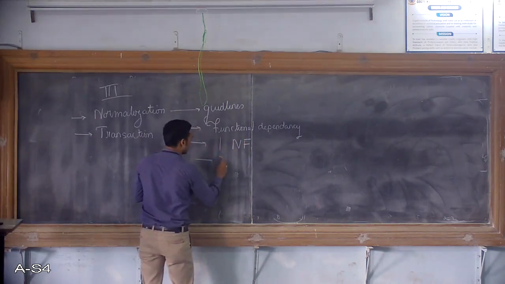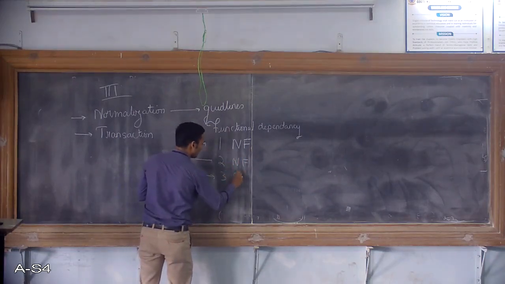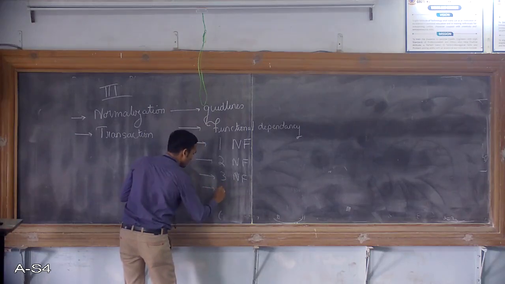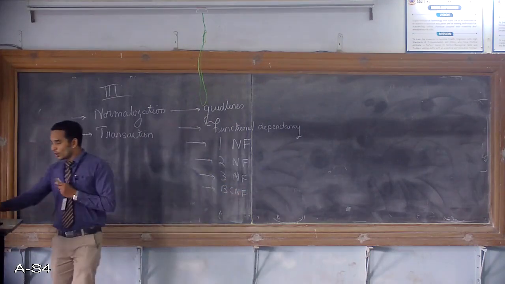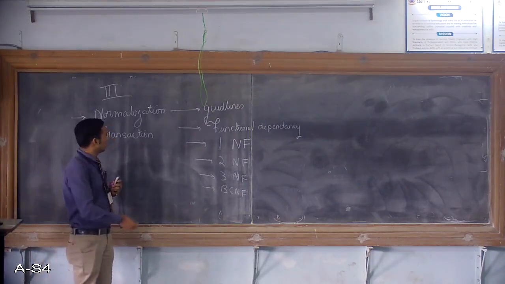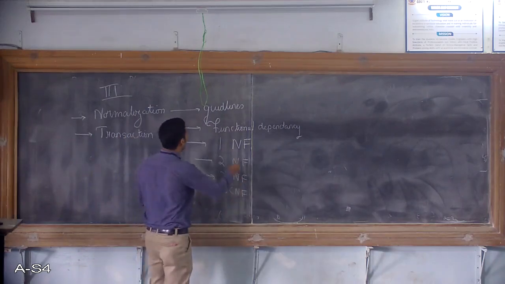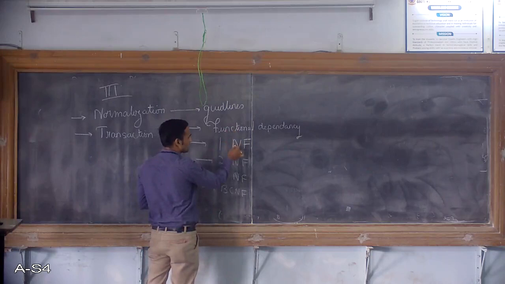We have second normal form. We have third normal form. It's called Boyce-Codd normal form. Okay. So in this class, we will be dealing with what are the guidelines for normalization, functional dependencies, 1NF